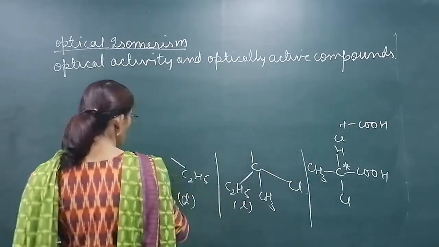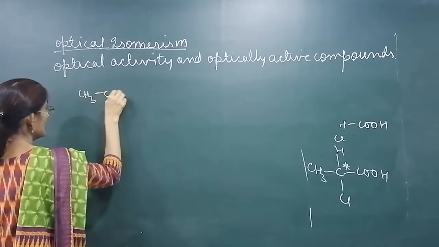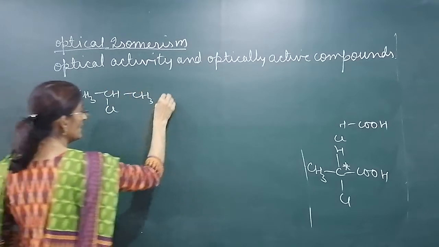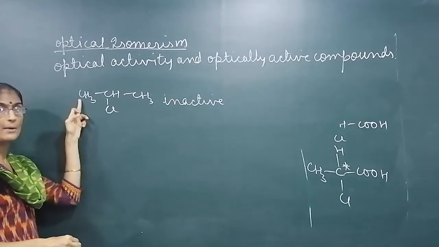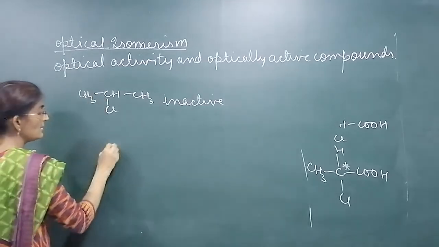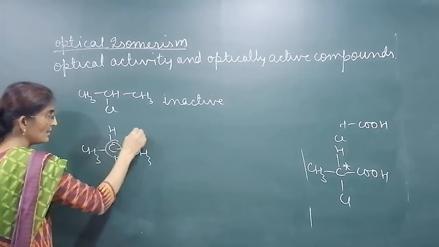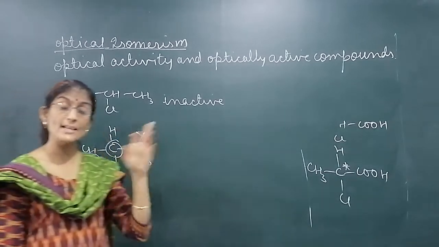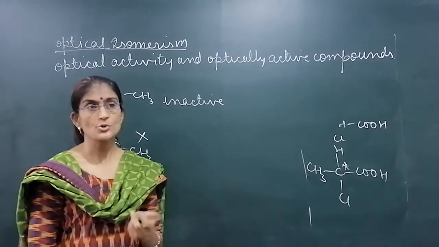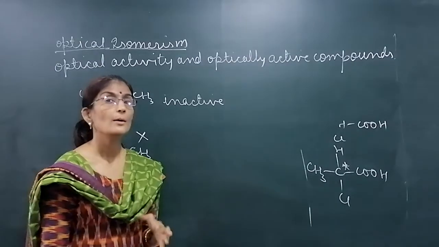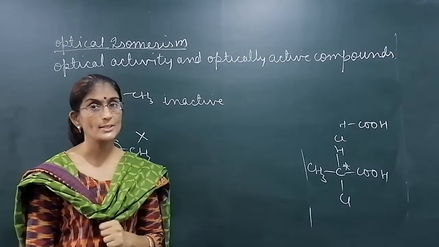Suppose we take an example of 2-chloropropane. It's CH3, CHCl, and CH3. This is optically inactive. Why is this compound inactive? It won't have any chiral carbon. See, to this carbon 3 hydrogens are there. To this carbon, one is H, and 2 similar groups are there, methyl. No chiral carbon, the methyls are the same. If all the 4 valencies are different, then the carbon is called a chiral carbon and the compound is optically active. So we can find out the chiral carbon, and then we can find out whether the compound is optically active or not.